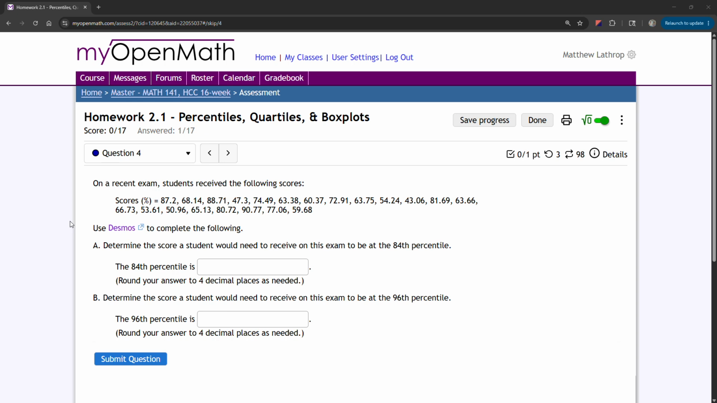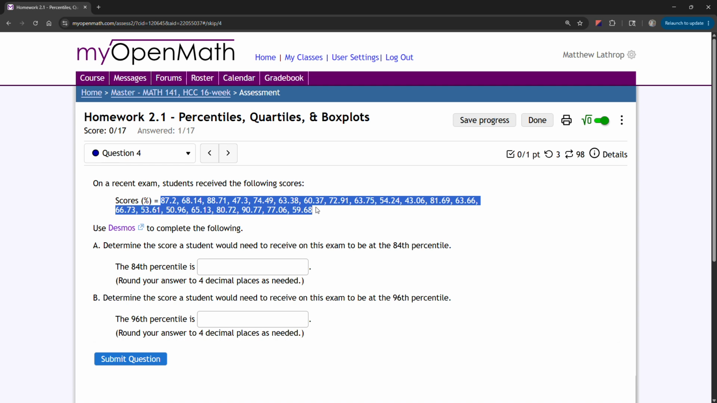In this question, we're told that on a recent exam, students received the following scores, which are then provided for us in percent form. We want to use Desmos to calculate the following, to complete the following. In part A, determine the score a student would need to receive on this exam to be at the 84th percentile. To determine that, we'll copy this data